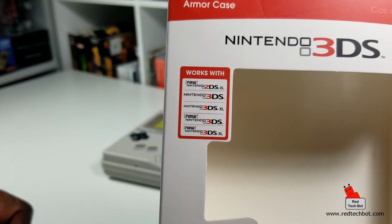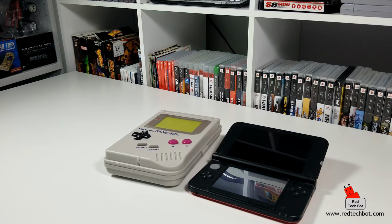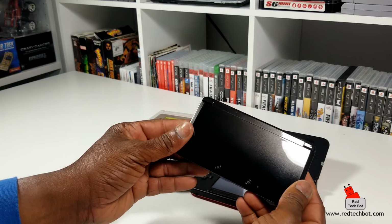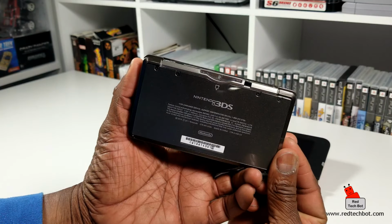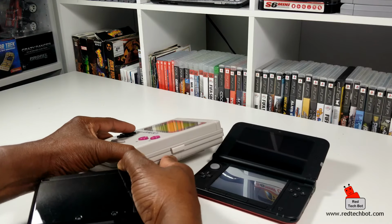Now, speaking of the 3DS, I do have a 3DS here, so let me just show you how it fits. So here I have a 3DS. I believe it's a dark blue, or it could be black. It's a little smaller, of course, than the 3DS XL, obviously. So they say it works with this. So if you have a 3DS,